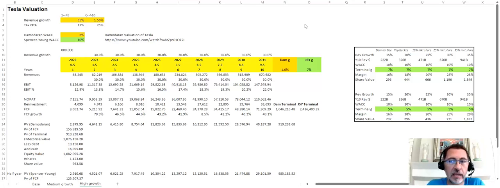Now, before I get into it, I want to recognize that I have used a substantial amount of the content that comes from Professor Damodaran of Stern University, and I have shown the link, and I'll put it in the notes below, to his YouTube video about his valuation of Tesla.